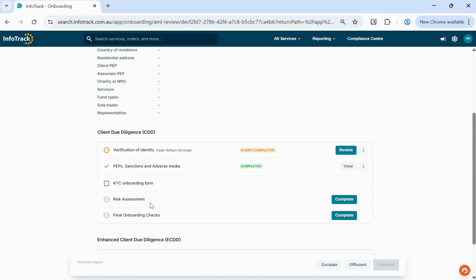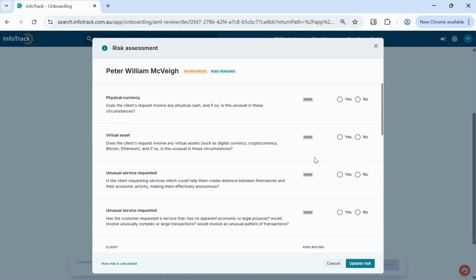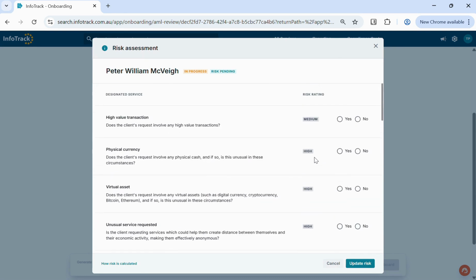Once you've done them, the next step is performing a risk assessment on this client. You'll see under the starter packs that you're guided to assess risk at the client level each time you onboard. We've made this really easy. If you click complete here, we will ask you the key risk factors that relate at the client level. And by running through and answering each of these questions, you will be able to directly create your client's risk